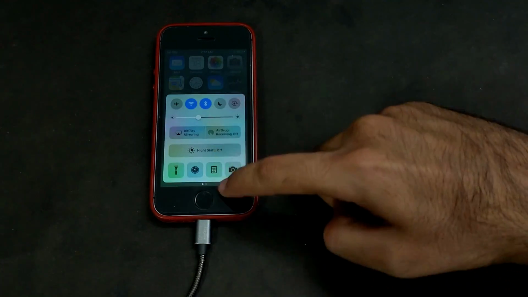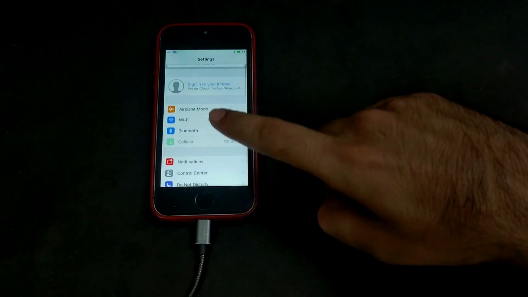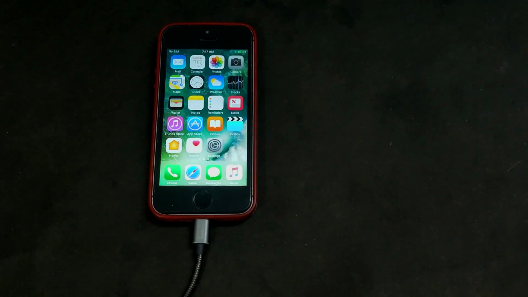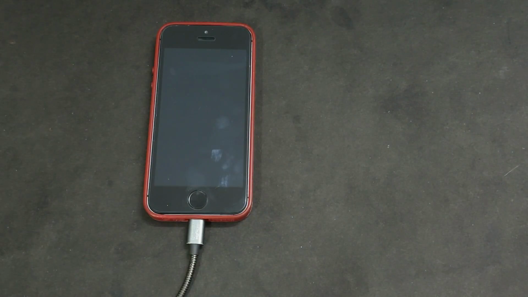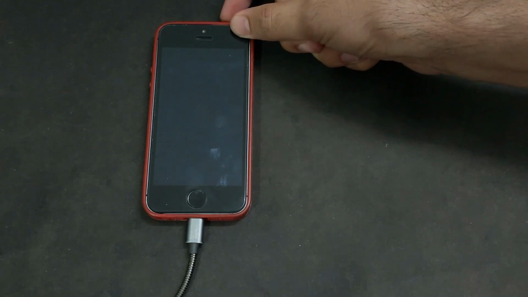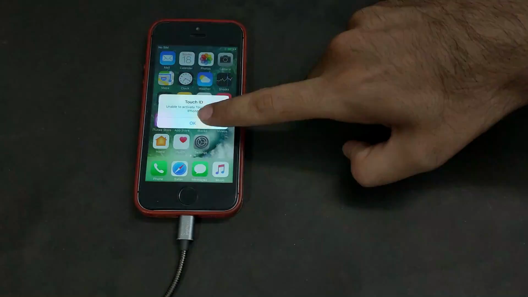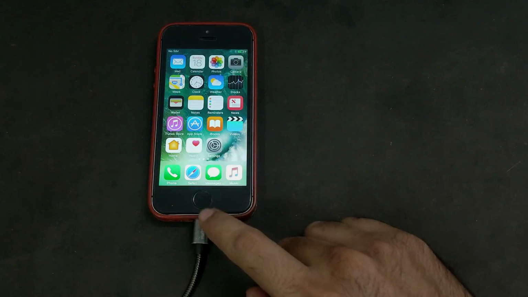And it's an untethered downgrade. That means if you reboot your device, it will still stay on the iOS 10. So it's a good thing. You can reboot your device and use it on the iOS 10. So this is how you can downgrade iOS 12 to iOS 10 with the help of OTA downgrade tool Letdown.